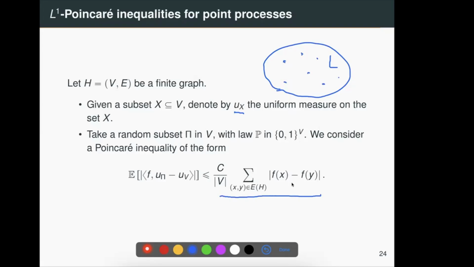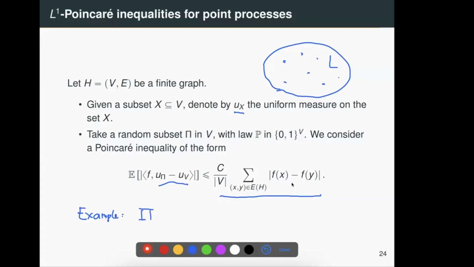You take a function and then look at the average Lipschitz norm. And then the left-hand side is the average: you look at an instance of this sample and the uniform measure and look at the pairing between this difference and the same function f as the right-hand side. So a good example is,